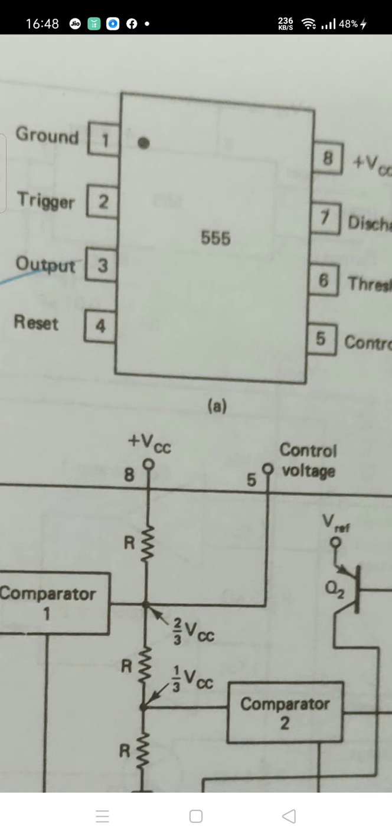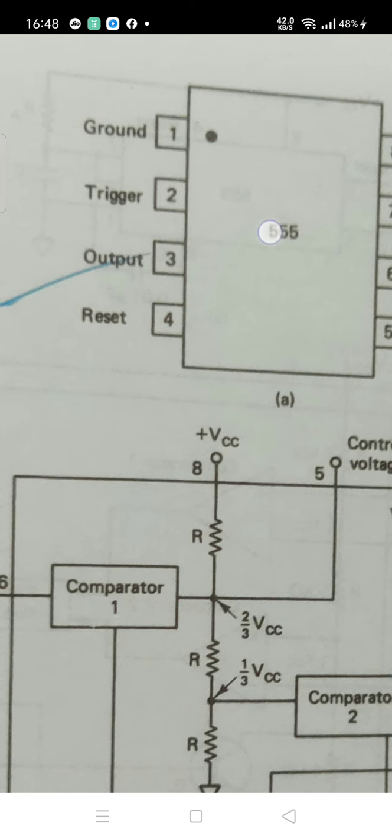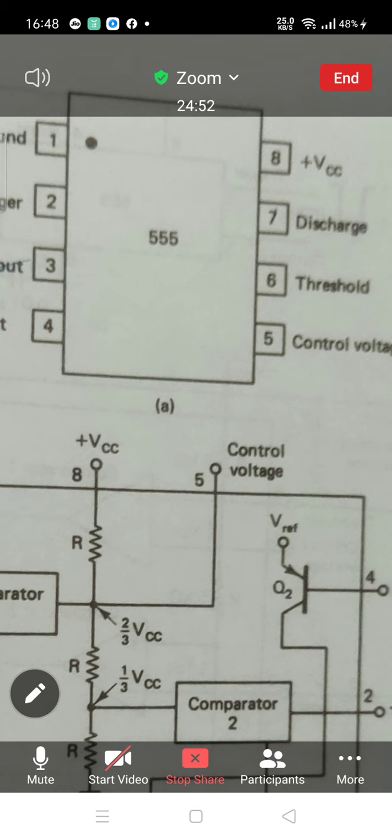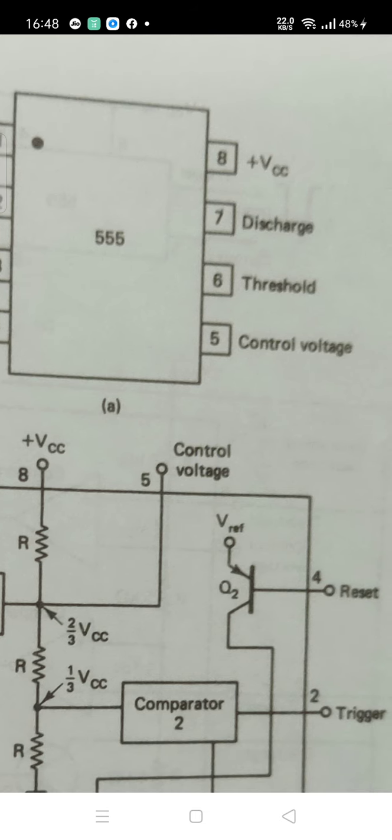So pin 1 is ground, it is shown here. Then pin 2 is the trigger. Third is for output. 4 is reset. 5 is for control voltage. 6 is for threshold. 7 is for discharge, and pin 8 is for the positive supply VCC. Okay. So the first figure shows the 555 configured for monostable. The first figure shows the pin connections, pin numbers and their functions, and the second figure shows the block diagram of the